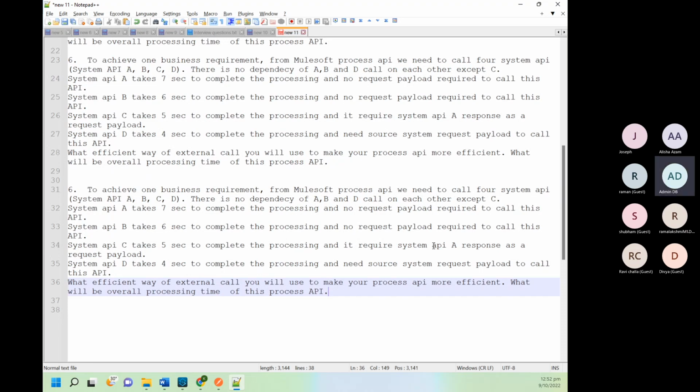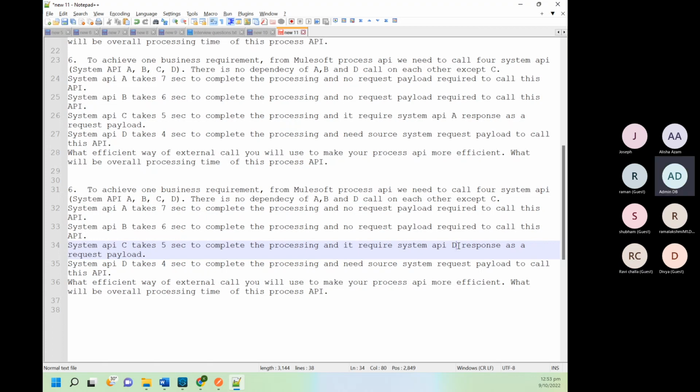C takes 5 seconds and it requires system D's response. Now tell me in which way you will design your API to get the minimum response time. How much, Ravi? 11? 9, Ravi. Okay, anyone else? 9.